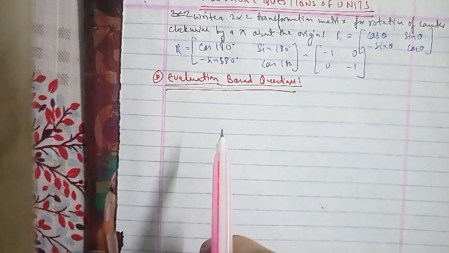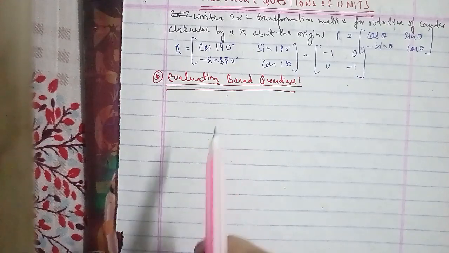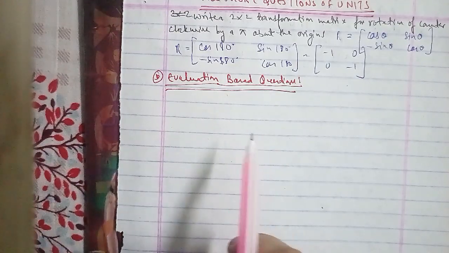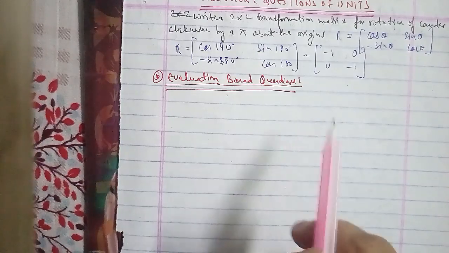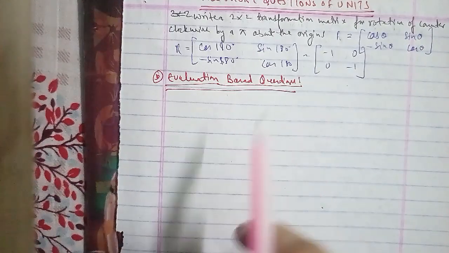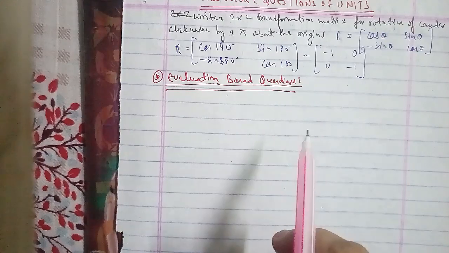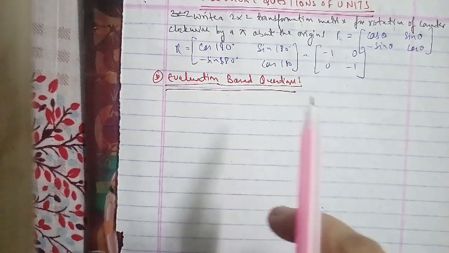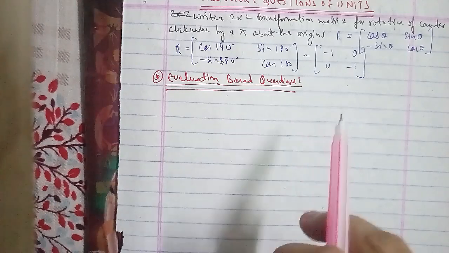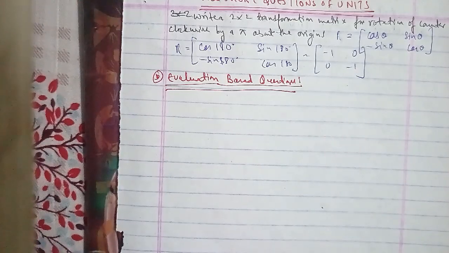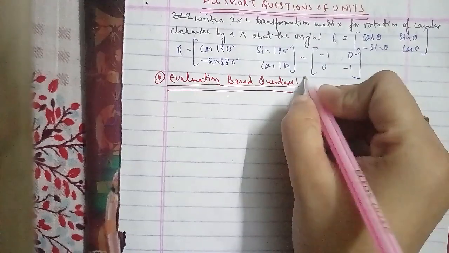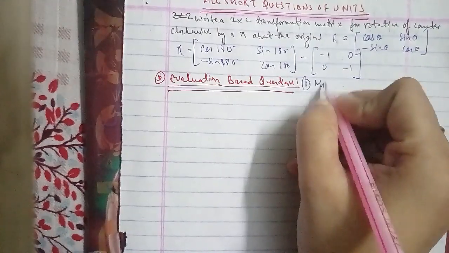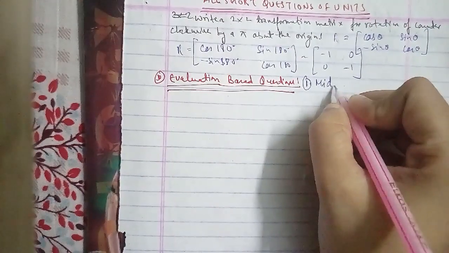So the question, I repeat, is: the algorithm which is based on binary search, where the clipping category of the two line segments can be determined by their region codes, and which is best suited for hardware implementation. You have to determine the algorithm. So the answer would be the midpoint subdivision algorithm.